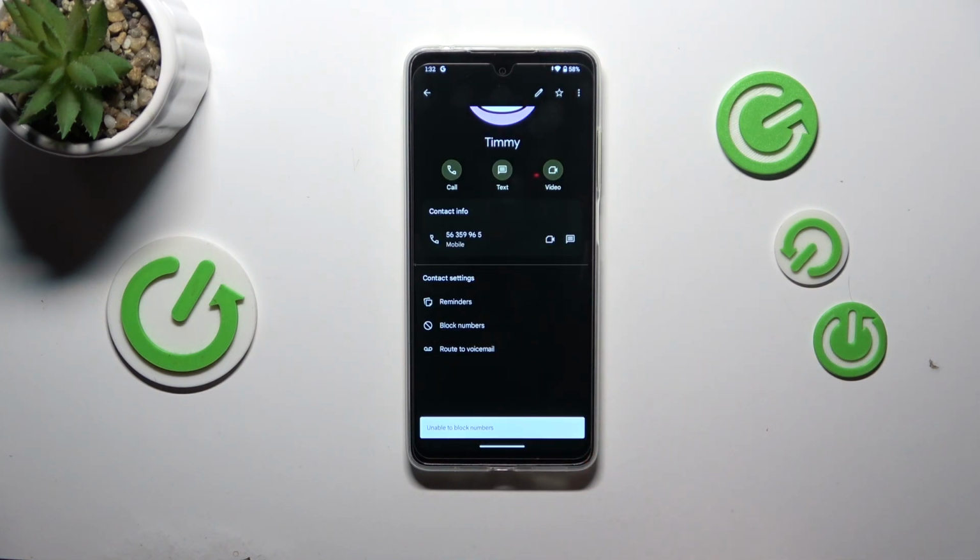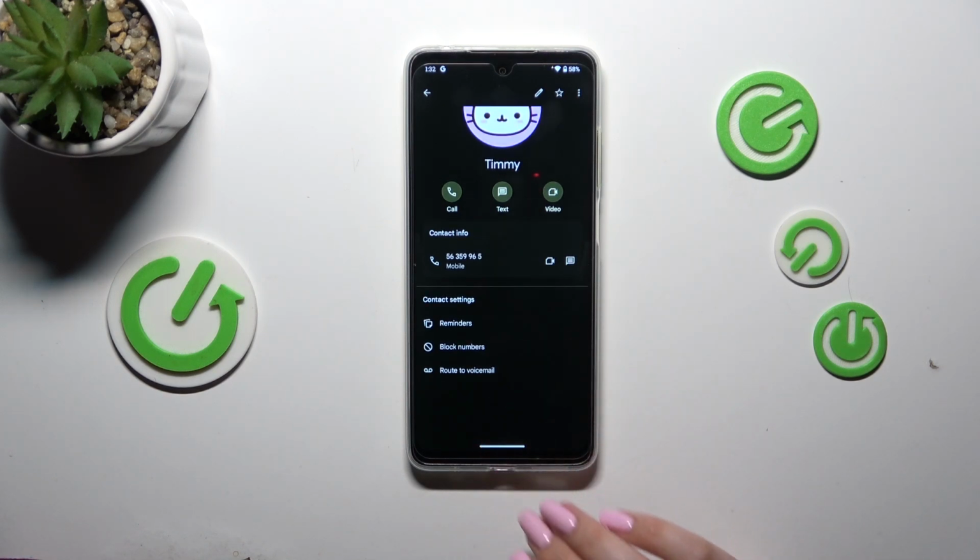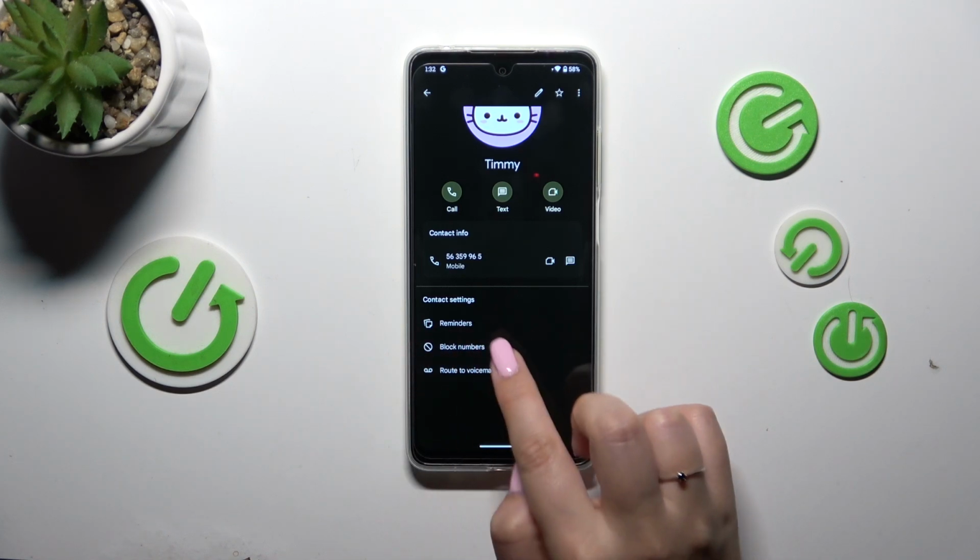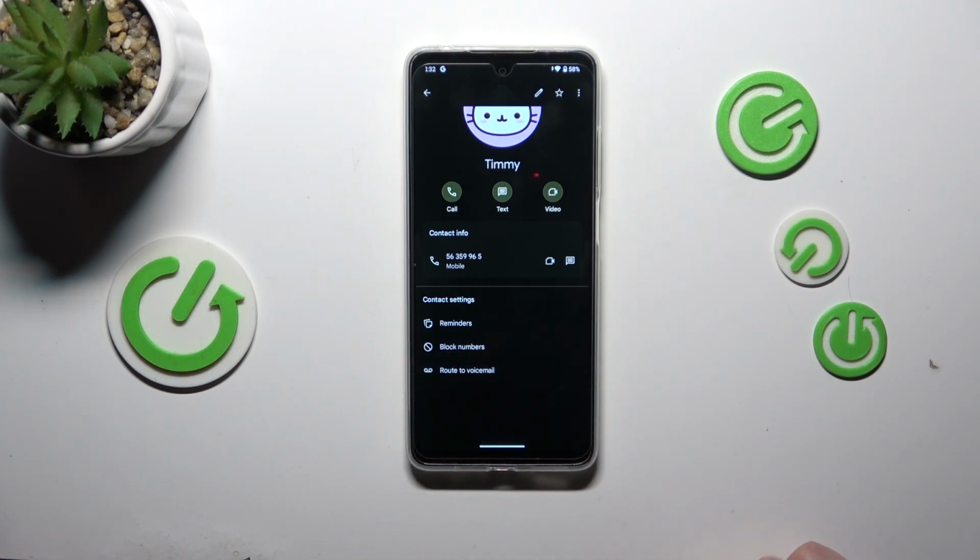For some reason I'm unable to block the numbers, but that's okay. I'm pretty sure it will work in your case. You will see characteristic icon and the information that the contact has been blocked successfully. You will be able to unblock it the same way, just by tapping on unblock numbers option, which will appear in the same position. So this is how this way works, and the second way is, let's say, through the